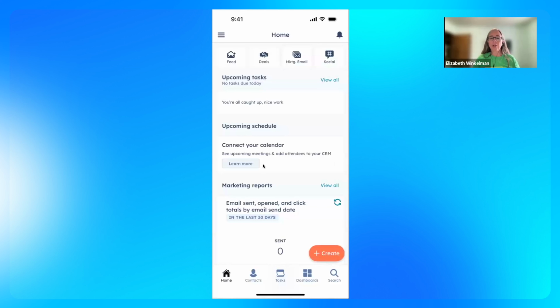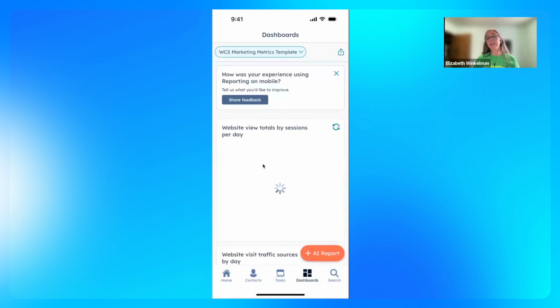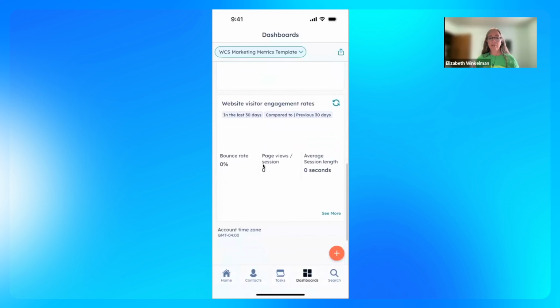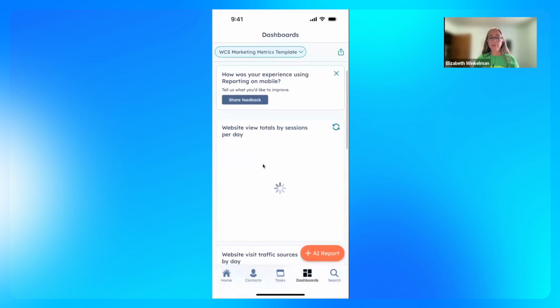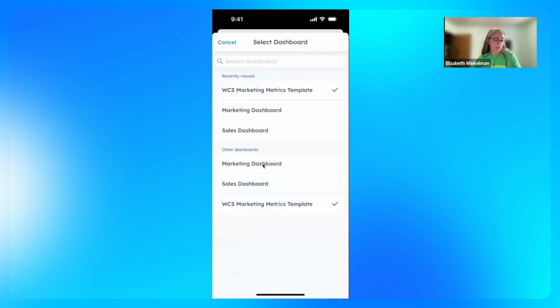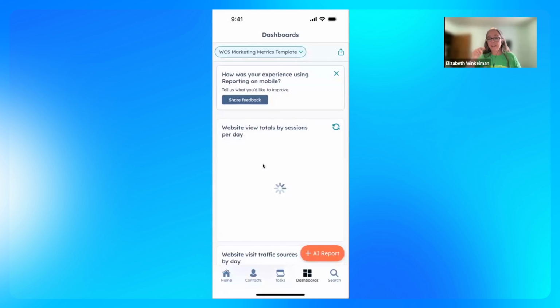Anyway, logged into my test portal. I'm in the HubSpot app. I don't know if you've looked at it recently, but it's gotten a major facelift and upgrade. Bravo to that dev team. Love it. So inside of the HubSpot app, you'll see a few options. One of them being you can look at dashboards inside of the app. So if there's certain things you want to track, you could totally use the desktop version of HubSpot to set up a dashboard, right? And then up here, you can switch to different dashboards inside of the app